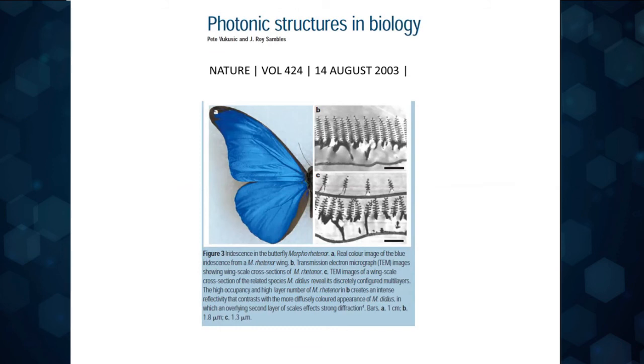For example, this is a particular species of butterfly, and the butterfly gives rise to very interesting angle-dependent coloration because of the way the feather is structured. The scale bar here is roughly around 1.8 centimeters, roughly 2 microns about. So you can see that the periodicity is quite high, and this is the structure which gives rise to